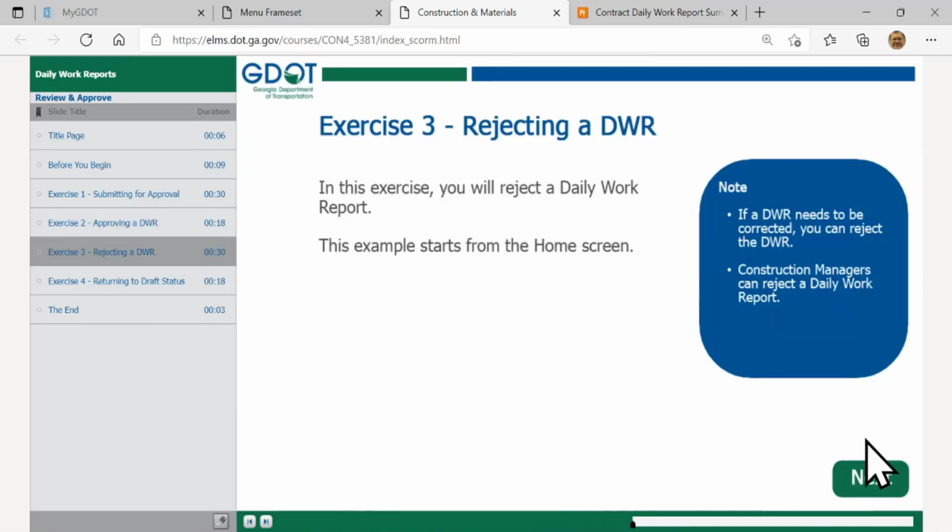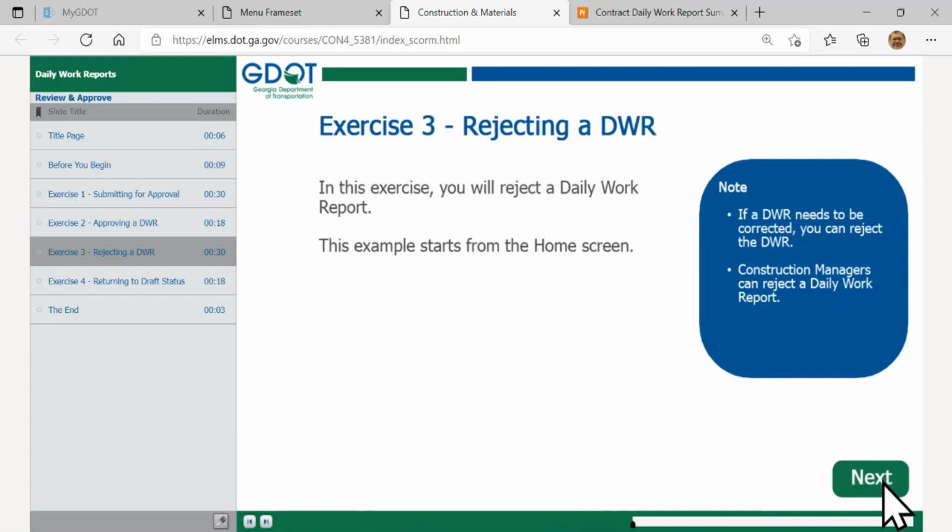Let's click on next. Now, occasionally a DWR might not include the right information, or something's missing from the details in there as you're working with it, in which case your managers would reject the DWR. We're working on making sure that you can be informed easily if a DWR that you've submitted is rejected. Otherwise, the manager will just give you a ring and say, hey, that DWR you worked on today, you need to correct that on your page so I can approve it and move forward with that listing. But let's go through rejecting your DWR if it needs to be corrected.